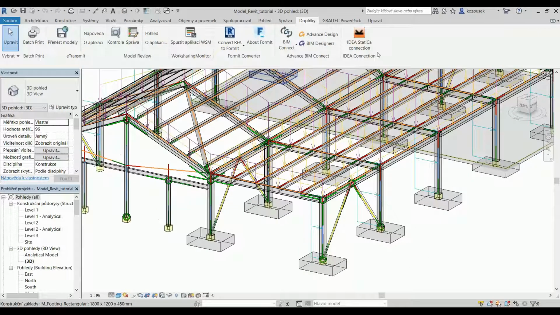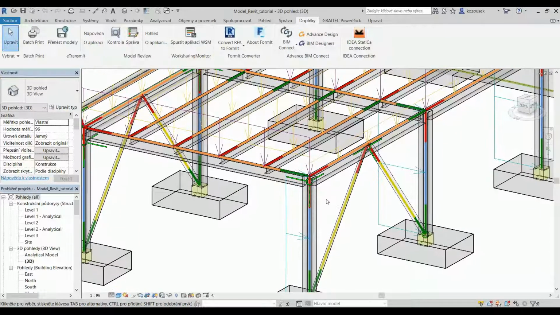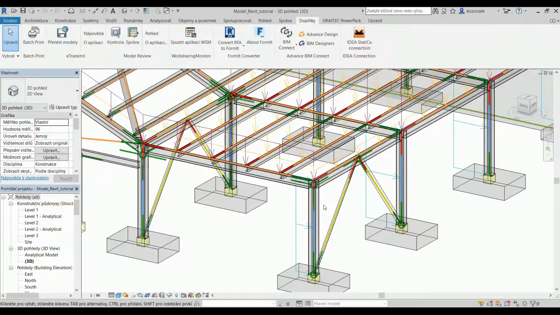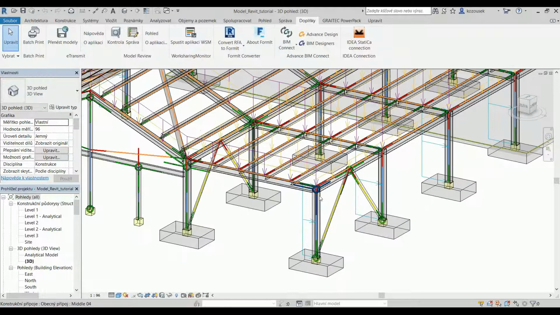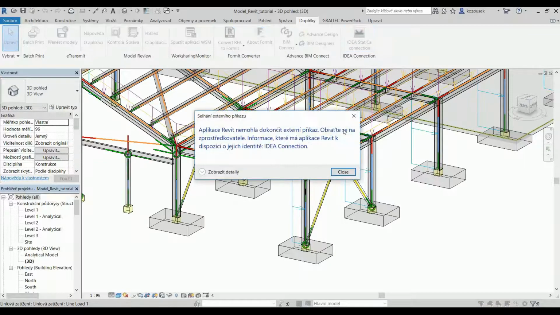So once you install IDEA StatiCa, it integrates into your software. We support many of them now, for example, Revit, Advance Steel, and so on. You can check that on our webpage, and let's do the workflow right now. So here on the ribbon, you just pick the IDEA StatiCa command, and